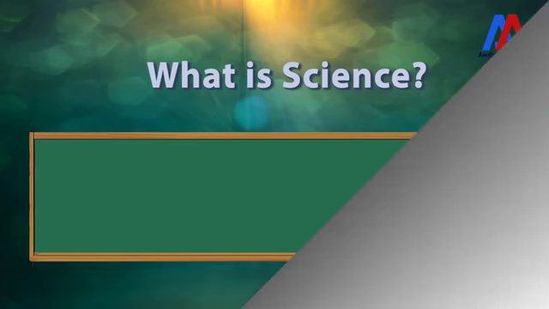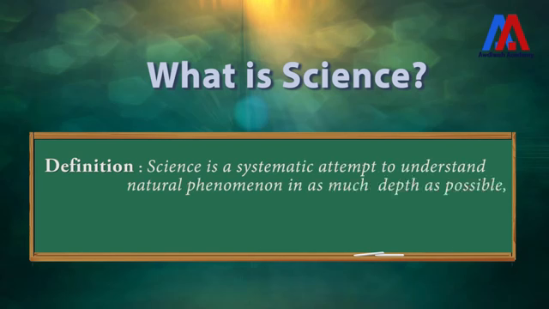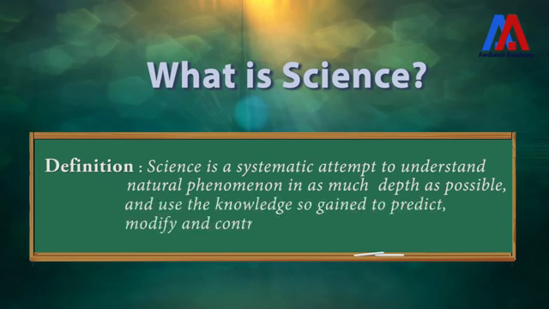Let me now define science. Science is a systematic attempt to understand natural phenomena in as much depth as possible and use the knowledge so gained to predict, modify, or control phenomena. So what is the purpose of science? By science, first of all, we know the laws of nature. And then once we know the laws of nature, then we try to see how we can take advantage